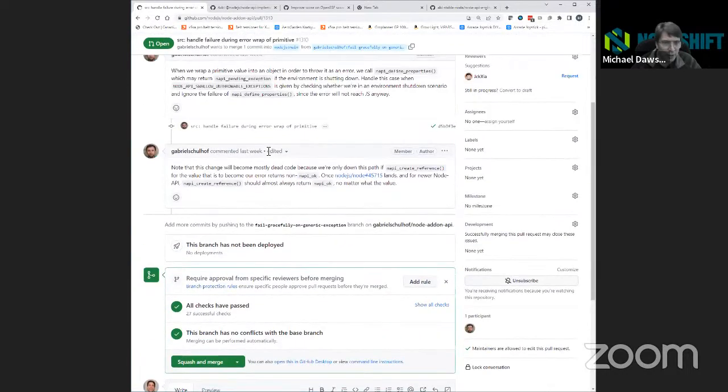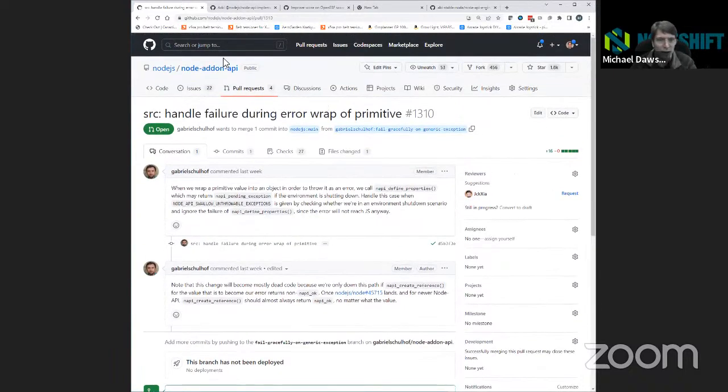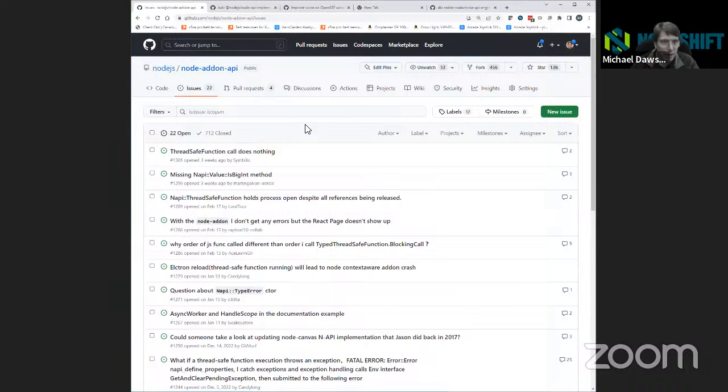I haven't had a chance to look at it. I think it's mostly related to some of our other discussions, so we just need to look at it and land it. I don't really see anything new in terms of issues. Are there any issues or things people want to call out on the Node add-on API side before we move over to the core repo?